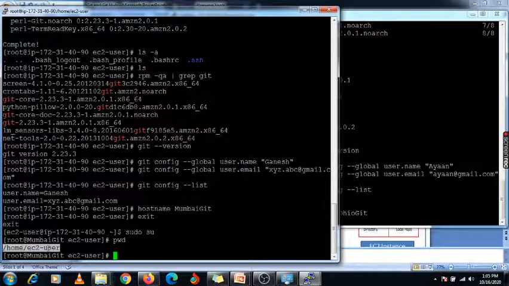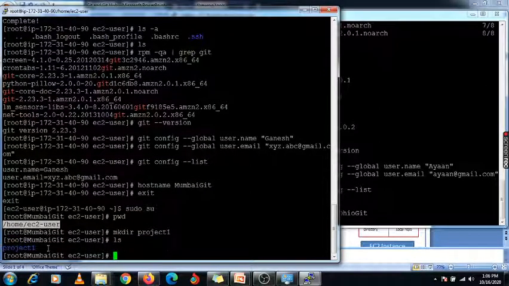Here we are creating one directory using the command mkdir followed by a space and the name you want to give your directory. Whatever name you want to choose, you can create the directory with that name. I am going to create one directory with the name project1. This is my project. So just enter it,